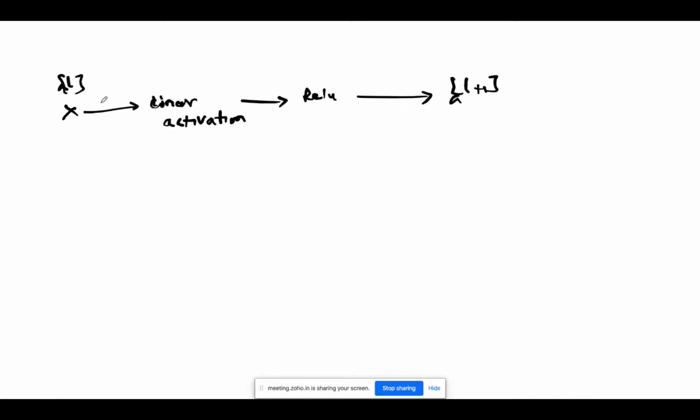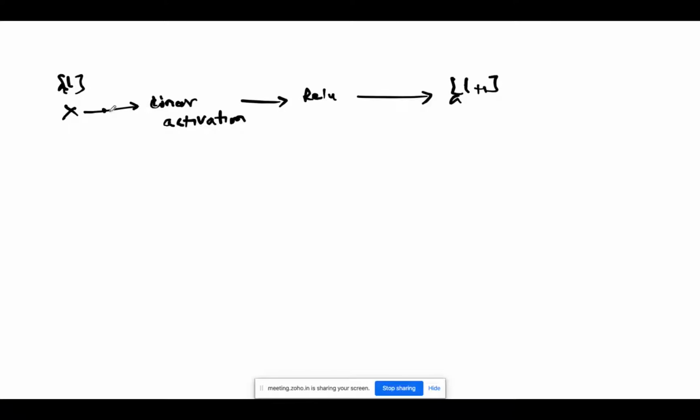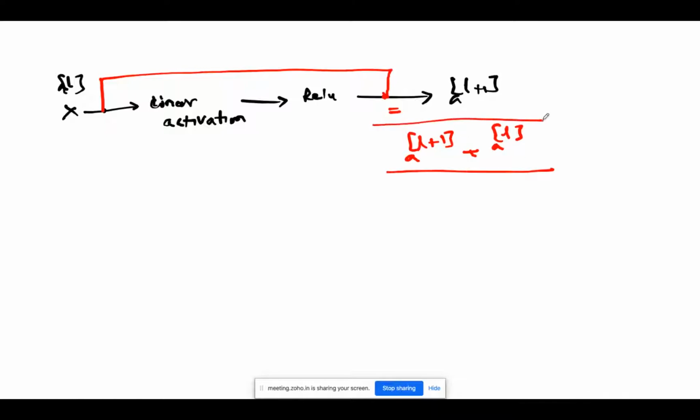So what am I doing? I am making one more connection, skipping ahead. I am making this go to here, and I am adding here. So what will be the final layer here? A of L plus 1 plus A of L. I'm adding this entire value of A of L and A of L plus 1 here. So if I use my activation function,